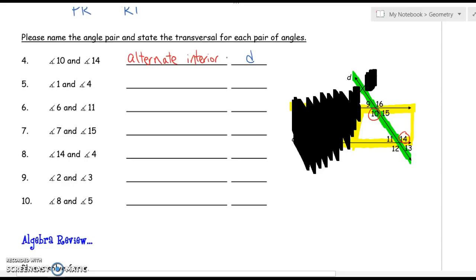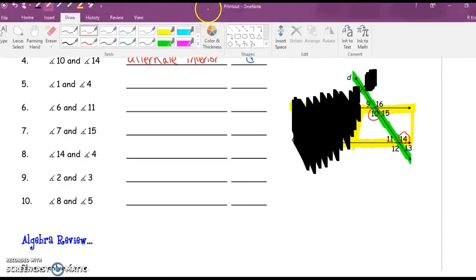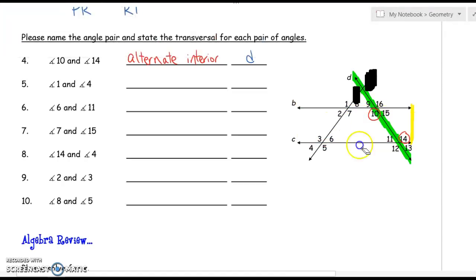All right, but that's kind of how it's going to work, and if you need to cover up some of the pictures so you can see it better, it might help. All right, next one